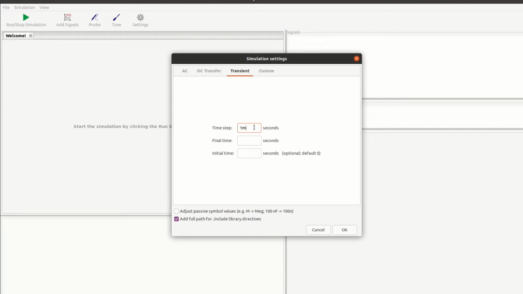It is a step time where the simulation will try to calculate the voltage and current, and final time is the stop time for which the simulation is going on. You can arbitrarily set it to any value because it's a DC, it is not going to change, so I will set it to say 100 millisecond. Initial time is 0.